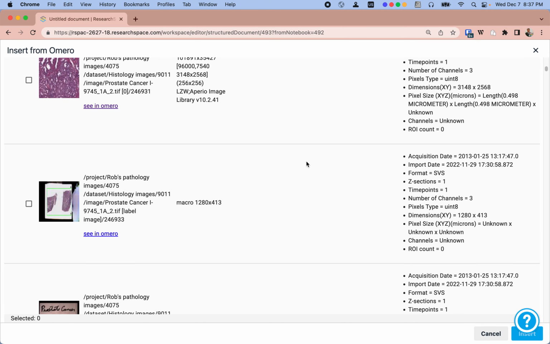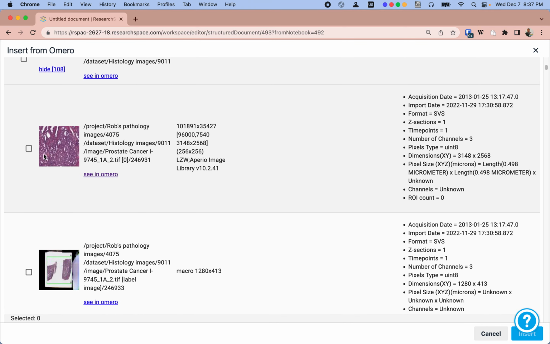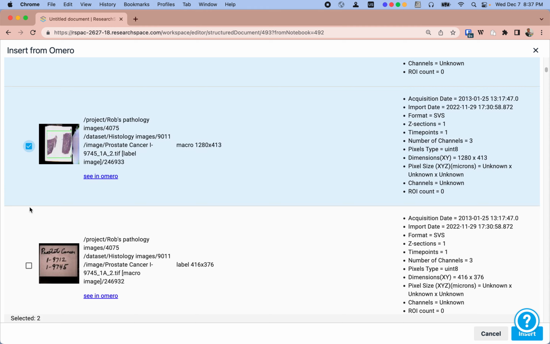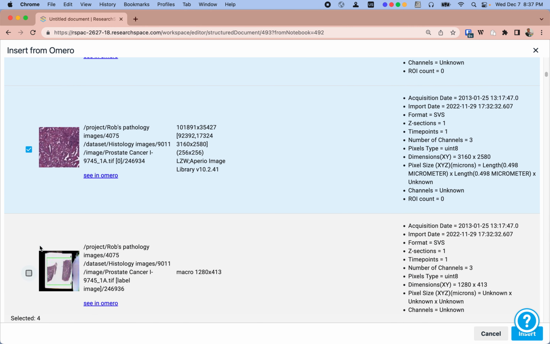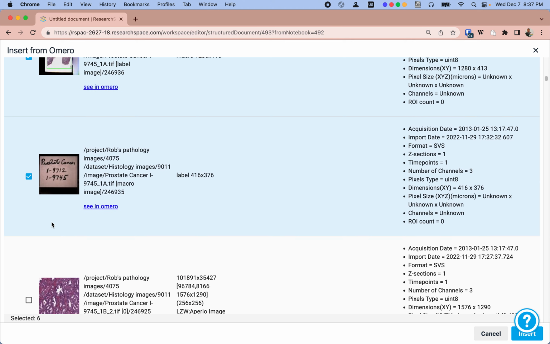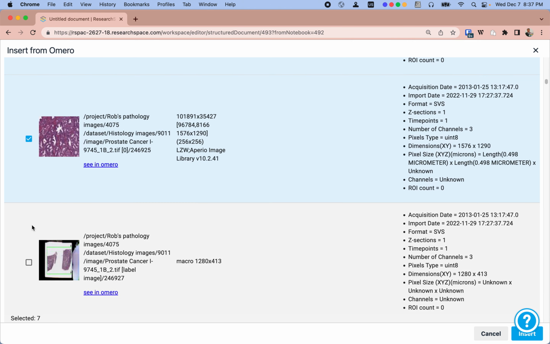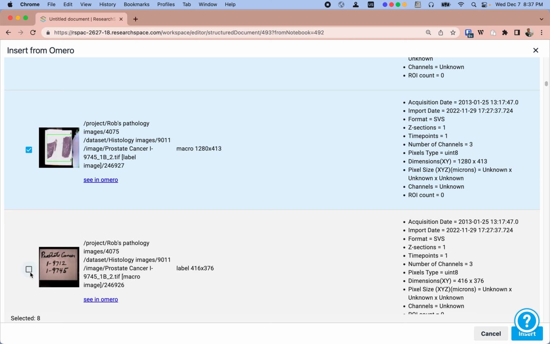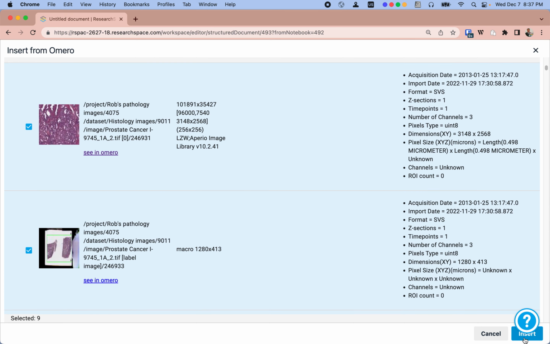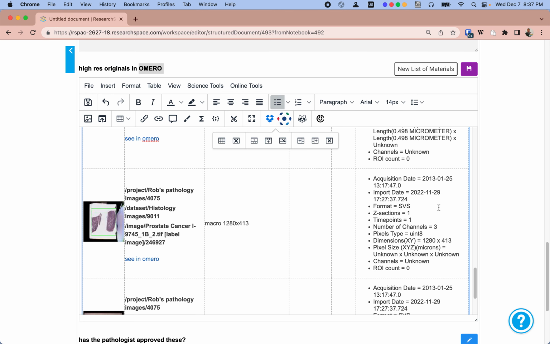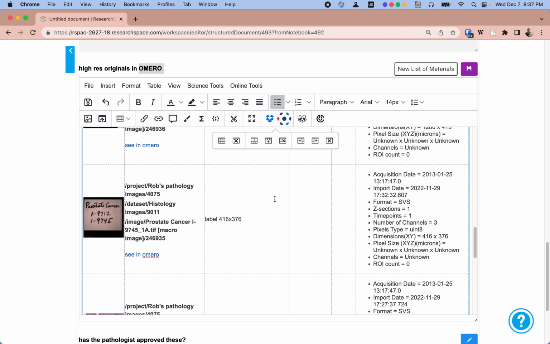Okay, so here are my images, and if I want to, I could go ahead and select 3 sets of images. These are actually all bundled up in the same TIFF file. Each TIFF file consists of 3 sub-images in the same file. But Omero allows you to see the individual different images within those sets, and I'll go ahead and select all of them and I'll say insert, and that's then going to record nicely a table for me here